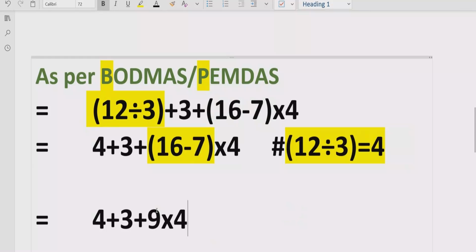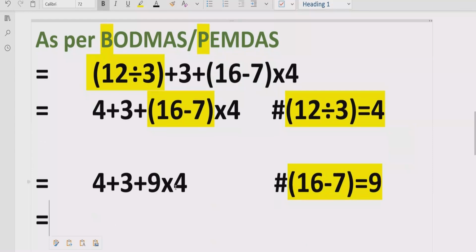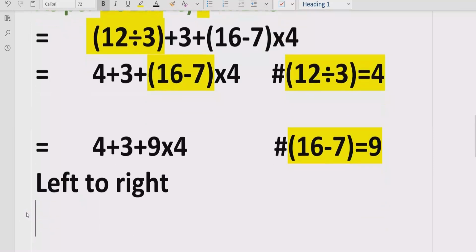Multiplied by 4, so here we will write that. Now we do not have any bracket or parenthesis, and we do not have any power of any number. So now we will move forward and look at division and multiplication. We go left to right in our expression and solve the division or multiplication. Going left to right, we have an addition, another addition, and here we have the multiplication. So first we have to solve this part in our expression.